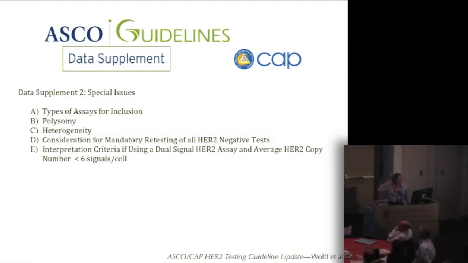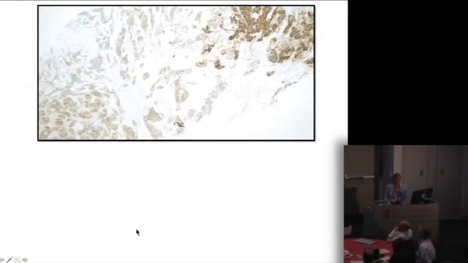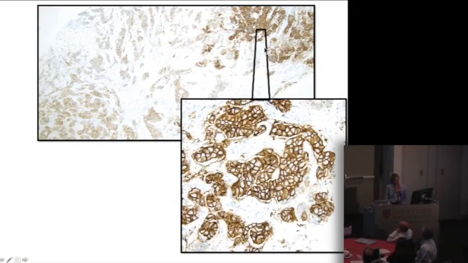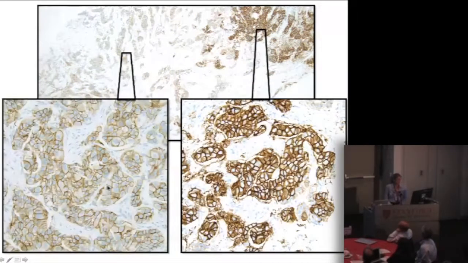The CAP-ASCO guidelines, the latest version, do specifically talk about heterogeneity and how they recommend scoring it. They don't recommend reporting the percent positive cells. They recommend only reporting cases as heterogeneous when you've got an obvious subclone. So here you can see by immunohistochemistry one area that's strongly positive for HER2 and another area that's more equivocal. Now, if I sent this for RT-PCR testing, just using the whole core, it would probably be HER2 negative. If I sent it for FISH and didn't specifically circle this area that's HER2 positive, I would get a negative